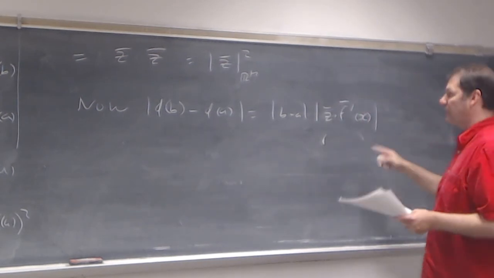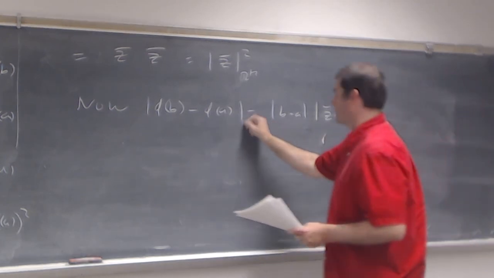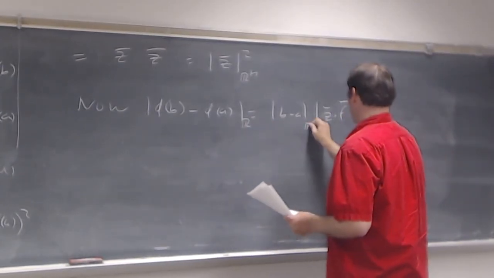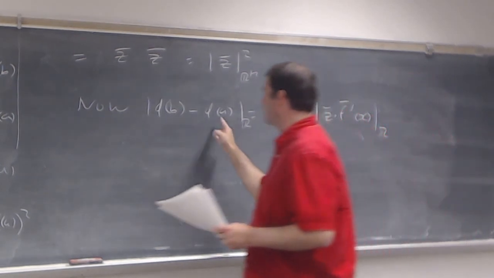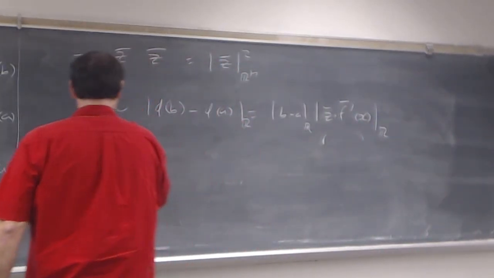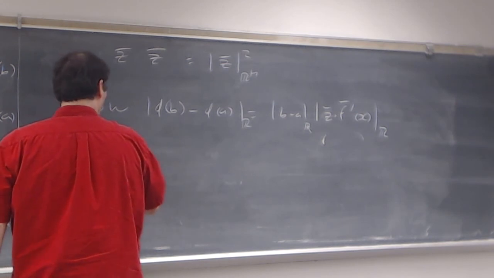I'm talking about taking the absolute value, so this is just in R, not R^k. And this quantity, the absolute value of this, is nothing more than the norm